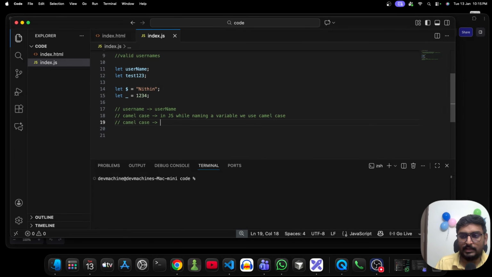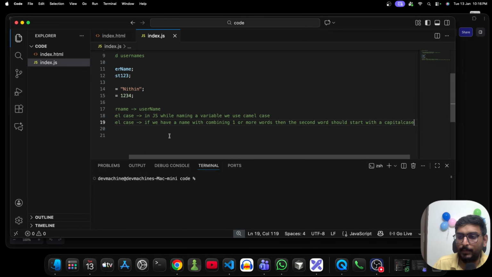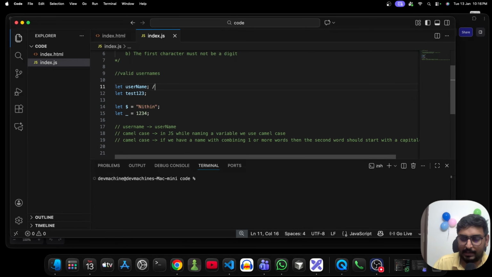So, to explain camel case, if we have a name, any name, combining two or more words, combining more than one word, then the second letter or the second word should start with a capital letter, which is nothing but uppercase. If you can clearly observe here in the example of userName, we